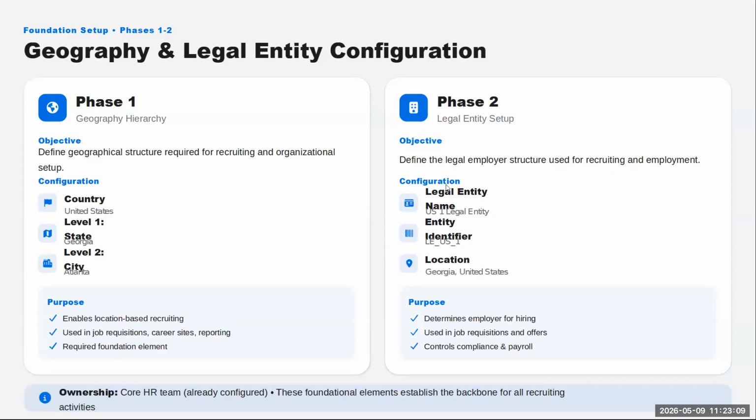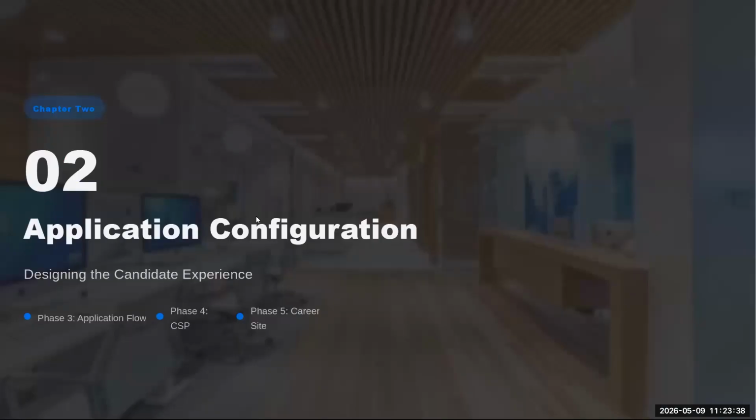Okay. So here, phase 2 is the legal entities, the legal employer structure. We need to configure the legal entity, and we need to associate the legislative data group with the particular legal entity. Then we need to configure the legal entity HCM information task also. Okay. We will go through the theoretical stuff today. So once we are done with those 2 phases,